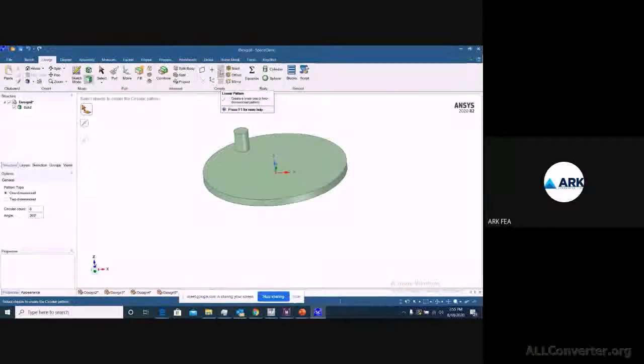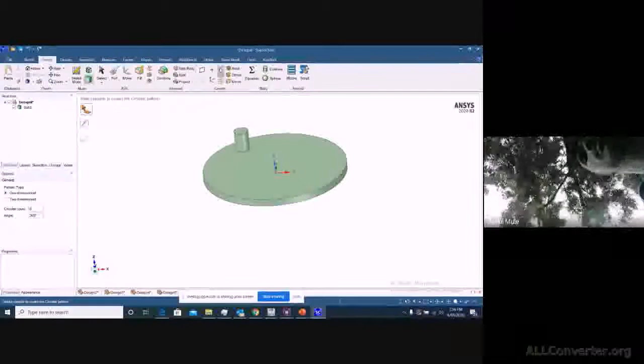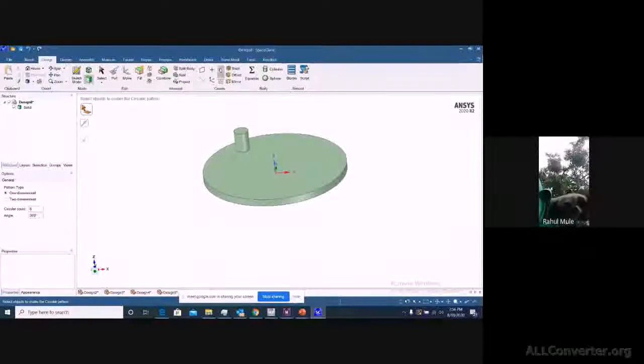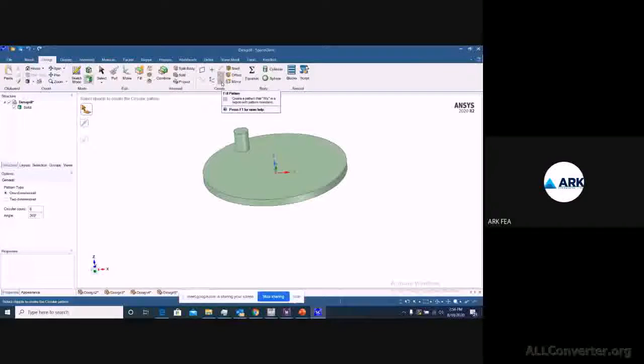Then you can select your circular object. First you can see here the commands will help you out with what selection you'll have to make when you deal with a particular tool. So you can select your first circular pattern or linear pattern or any kind of fill pattern.